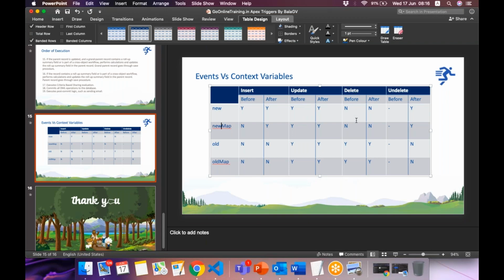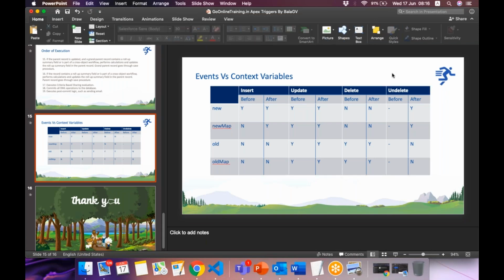Talking about before delete and after delete, there is no newer version. That's why new and new map are null, old map will have some record. And talking about undelete, undelete is similar to after insert. So new map is yes, old map is no. Okay. So we already tried this by debugging new map, old map in all the 7 events.